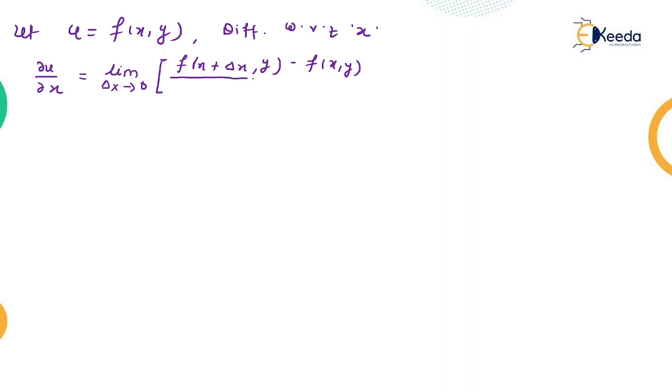you have to observe here, what we have to change is only x, keeping the other variable as a constant. Therefore we change x to x plus delta x, keeping the other variable y as a constant, and divide by the difference, that is delta x. So this is the actual ∂u/∂x. We change only x, therefore this term is x plus del x, where del x is a change in x only, keeping the other variable constant. y is a constant as it is.